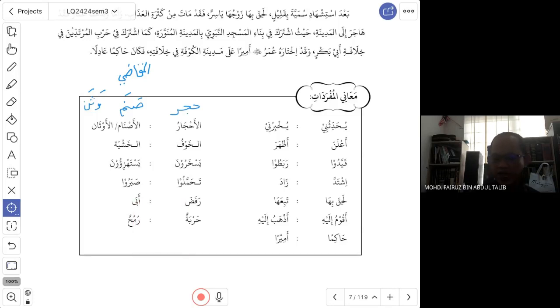And the last word is harba. This is the weapon that was used by Abu Jahal to kill Sumayyah. So harba. So here they translate it as rumh, the spear. Okay. So these are the ma'ani of al-mufradat. Now,